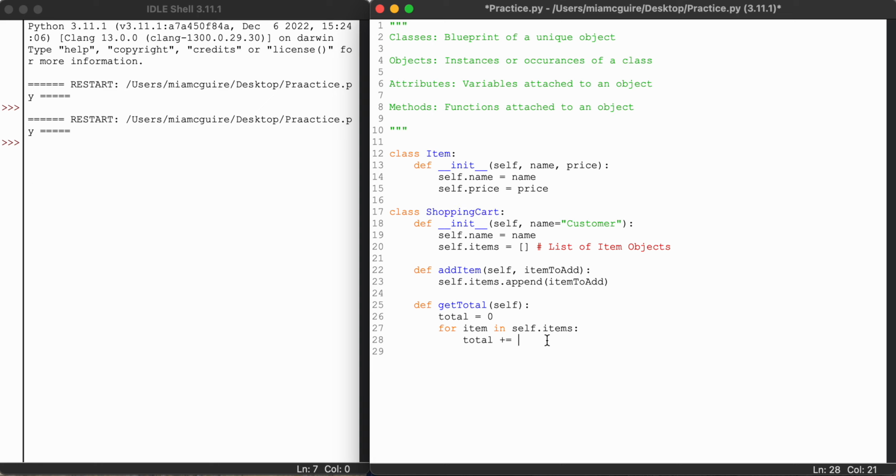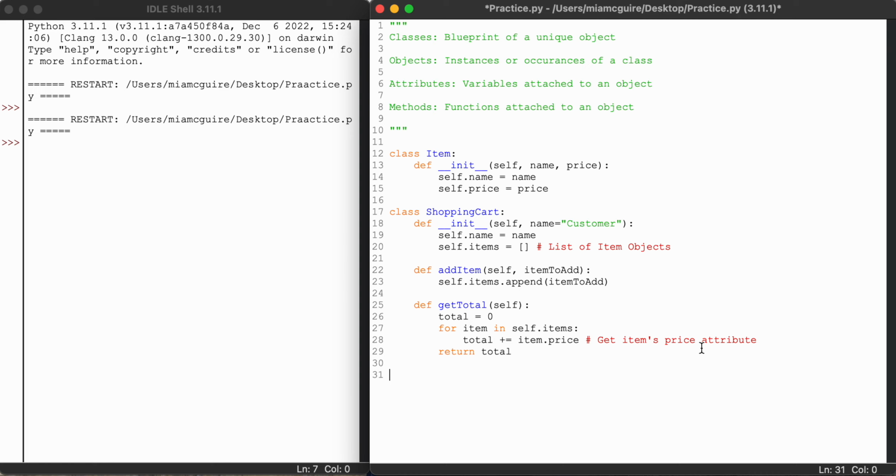So to access the attribute I'm going to say item.price. This will get the item's price attribute, and then I'm going to add that to my total. And then when I'm done, I'm just going to return that total, and then that's it. So that's how you create